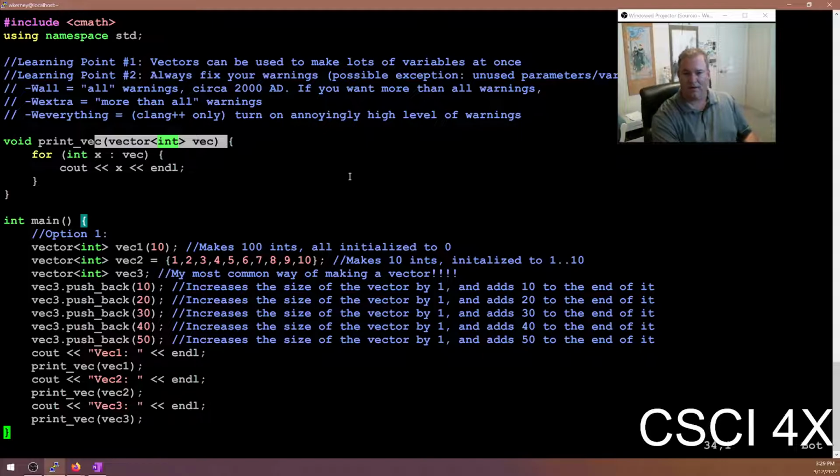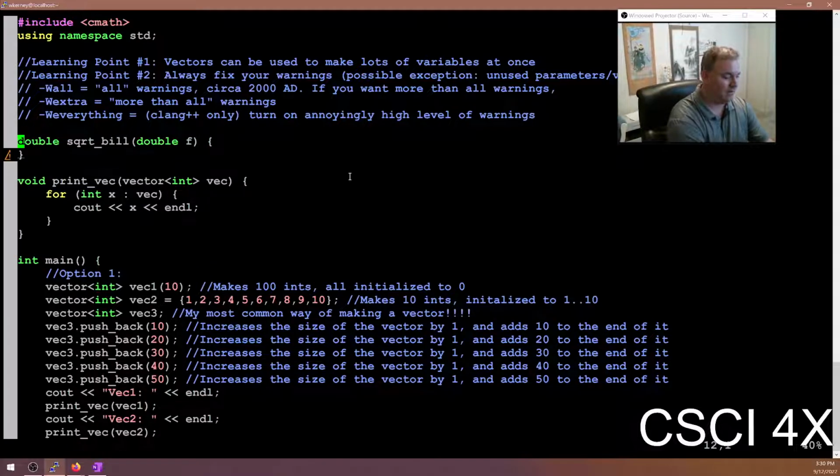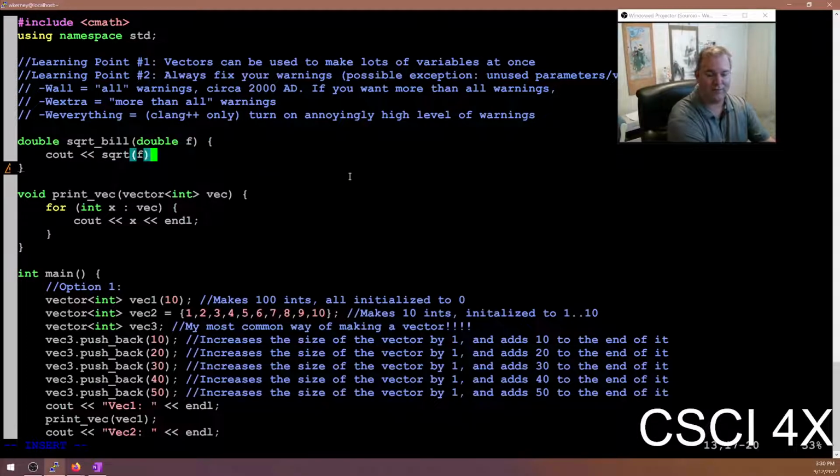Is this parameter here being passed call by value or call by reference? Do we put the couts in the function? Yeah, you can have couts in a function. The reason why I've been telling you not to put couts into a function is because a lot of students get confused about the difference between returning a value and printing a value. Printing a value goes to the screen. It doesn't have any interaction with the code whatsoever. So like if I was making a square root function, square root bill, and I like did this, cout the square root of f,